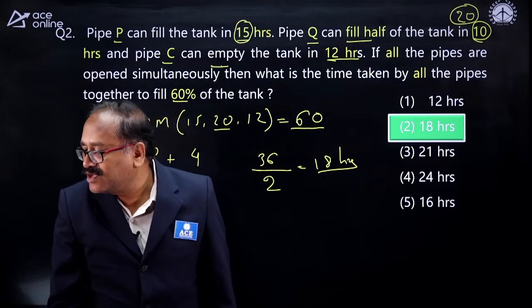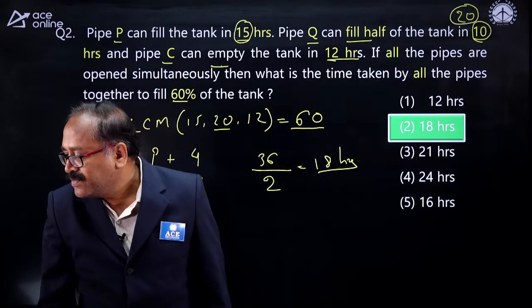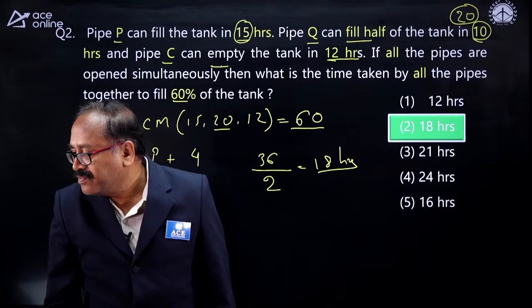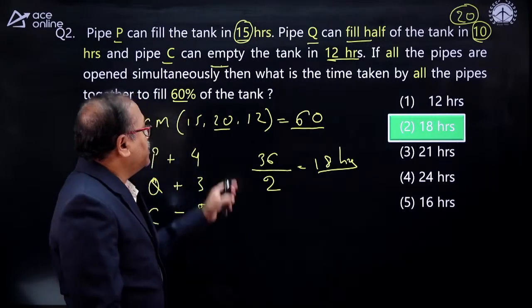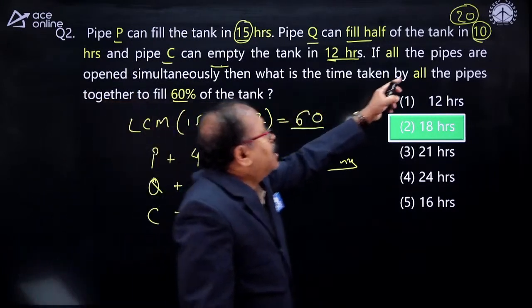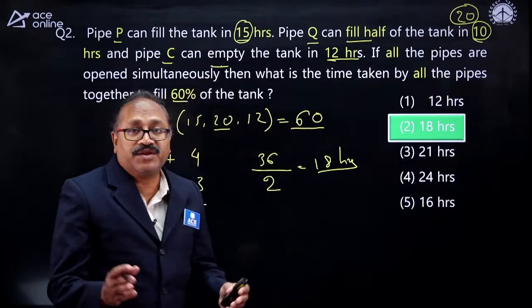So Likita, very good morning, ma'am. Very good morning. 18 hours, my brother Ram Kumar. Half in 10 hours, then full in 20 hours. Yeah, that's right. Half in 10 hours, then full is in 20 hours.